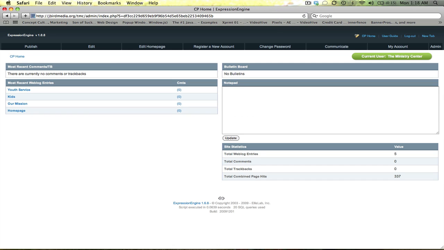Once you put in that login information, it brings you to your control panel, and we'll just look around at some of these tabs and what they can do. So if we'll start, we're going from the left to the right. Your first tab is a Publish tab. And when you put your mouse over that, you're going to see some drop-down options for different areas that you